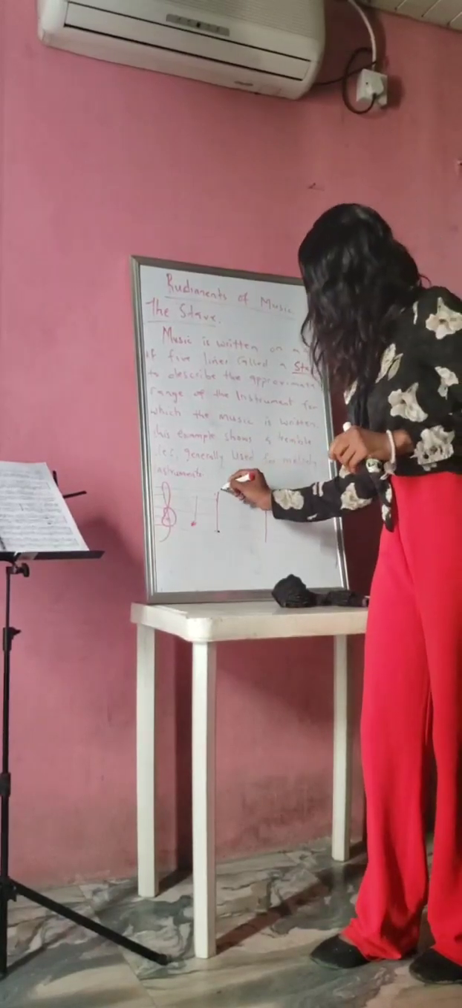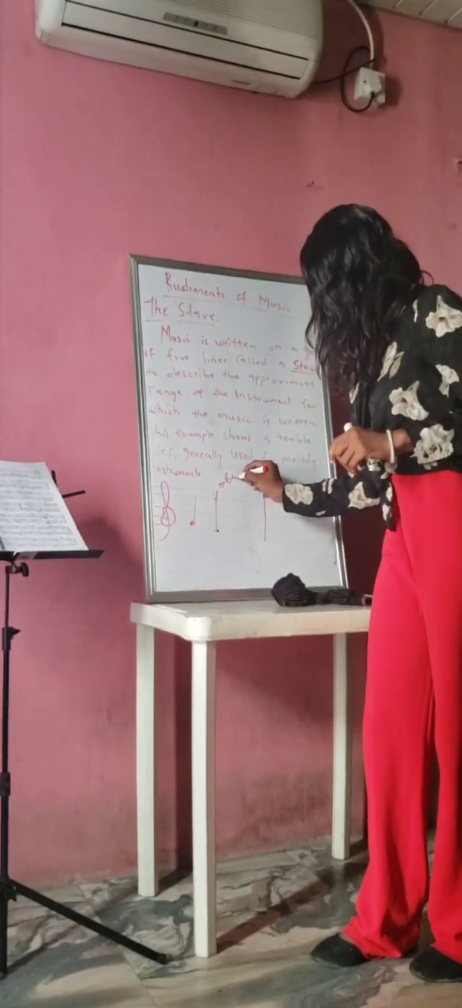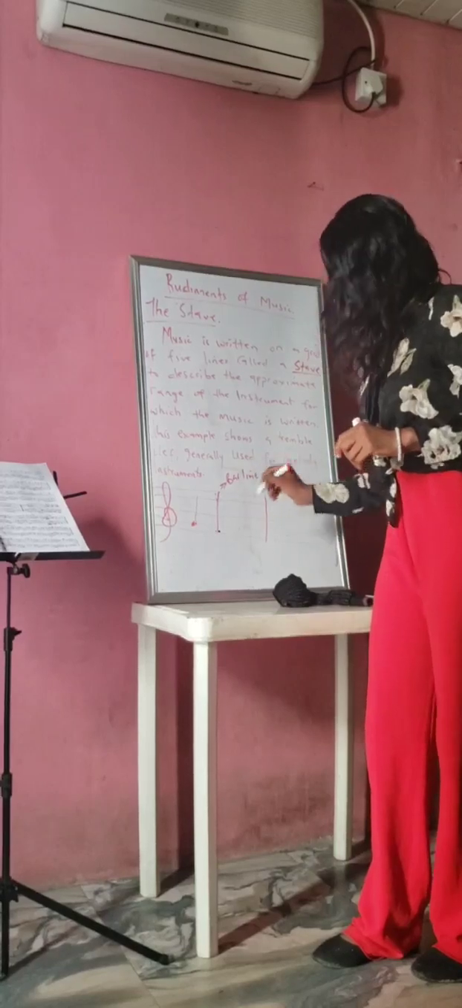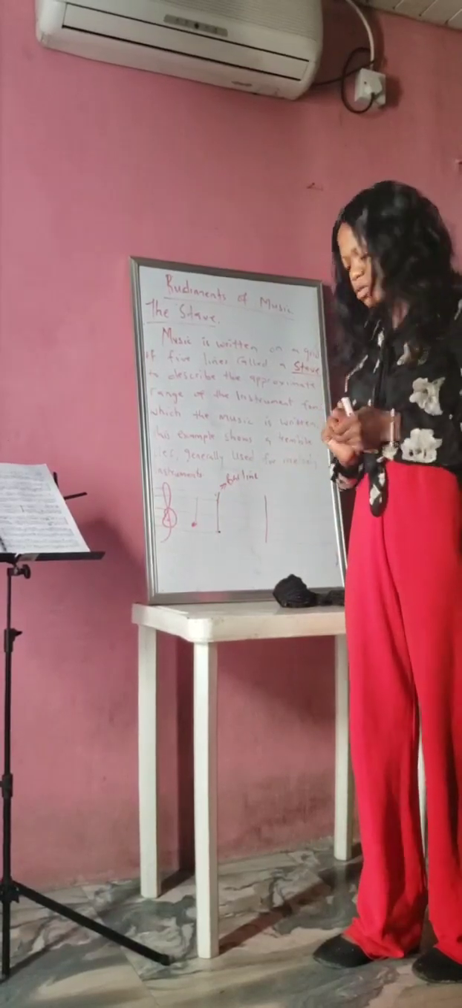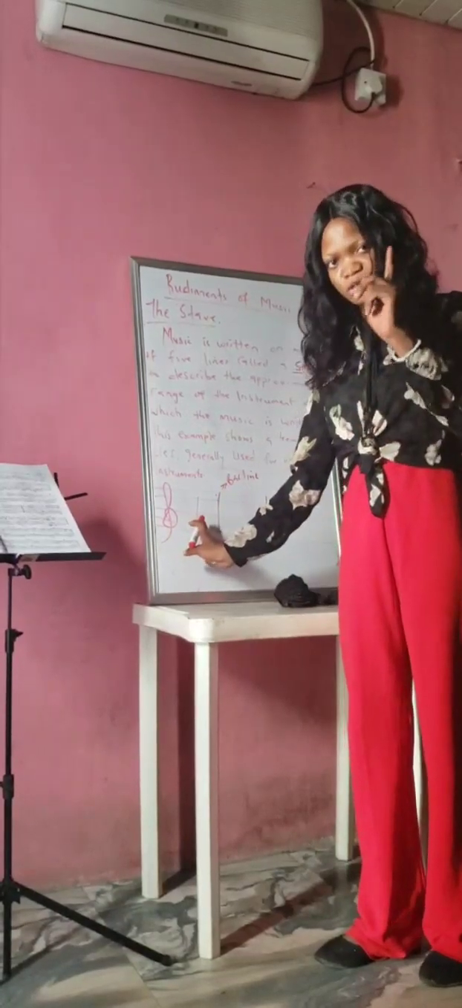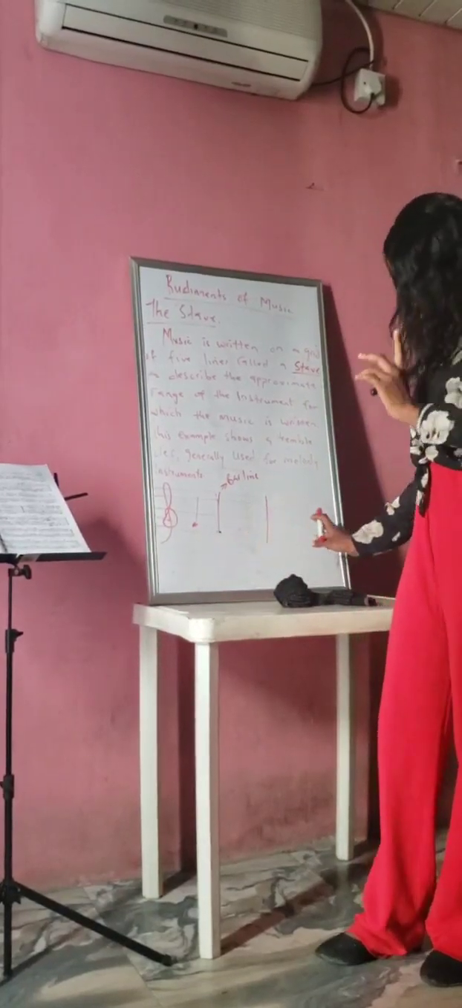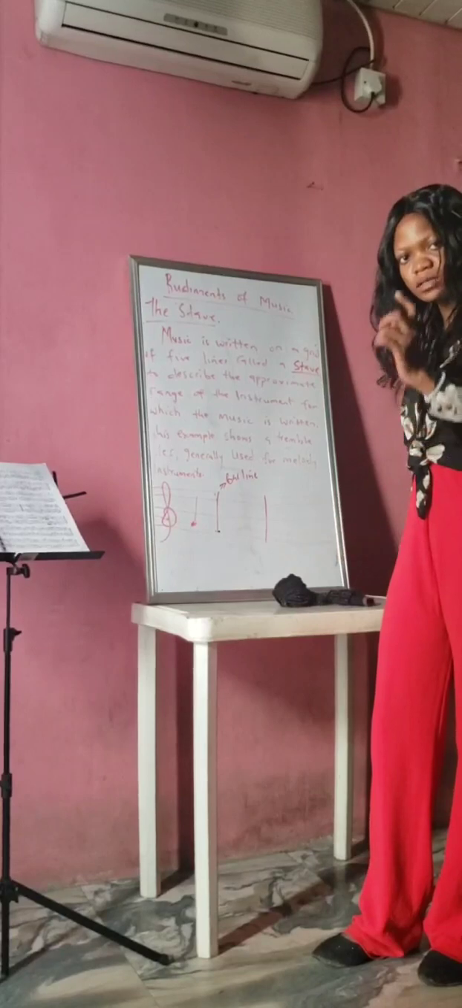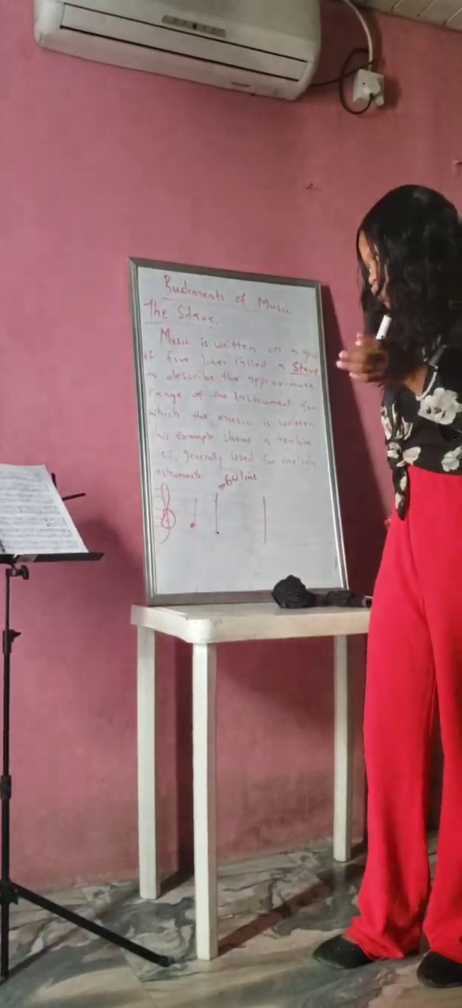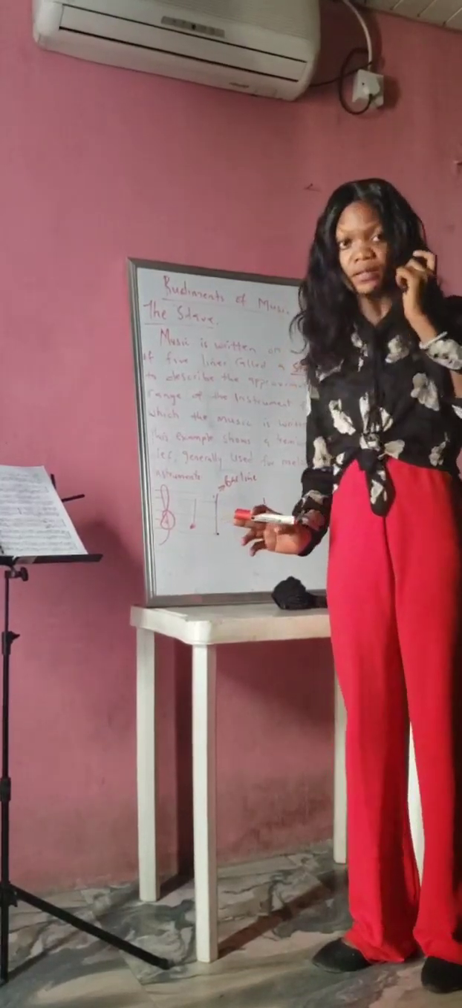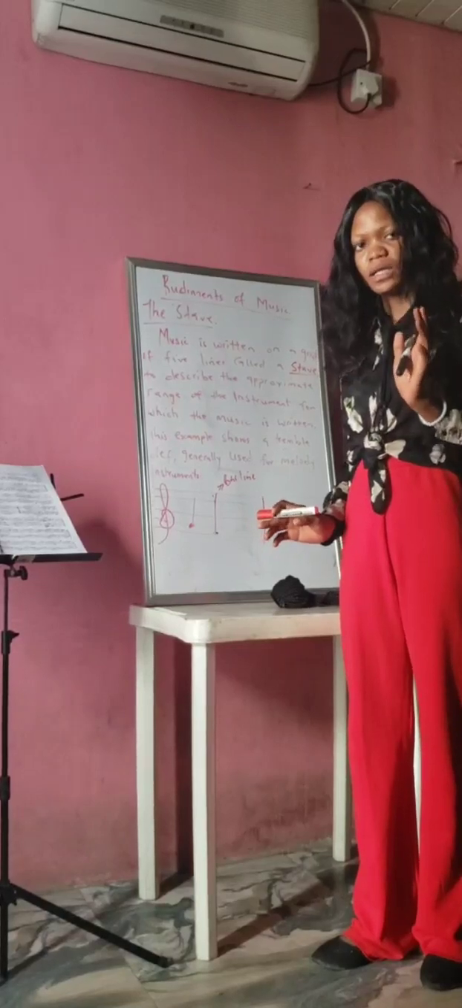These are called bar lines. They divide the staff into equal measures. This first part must be the same as the second part and should be the same as the third, like that. You might have almost 4 or 5 of them, right? Those are called what? Bar lines. Now this time around,